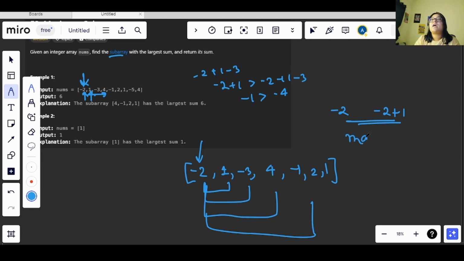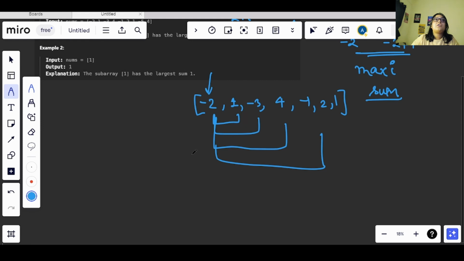So let's say we have a maximum and we have a sum. The sum will be storing all the sum values. We are using one pointer, let's say i, starting from i and going till less than n, or let's say less than n minus 1. After this we start from j, and j will start from i and go till less than n. Now we will try to add all the values. First we take the first value, then we add the value after that.